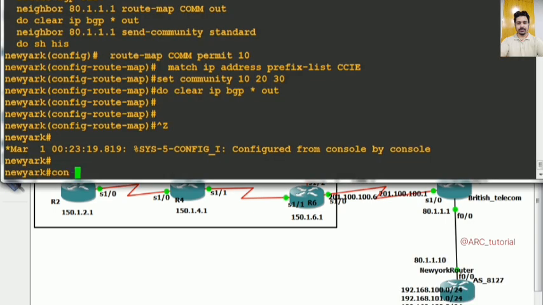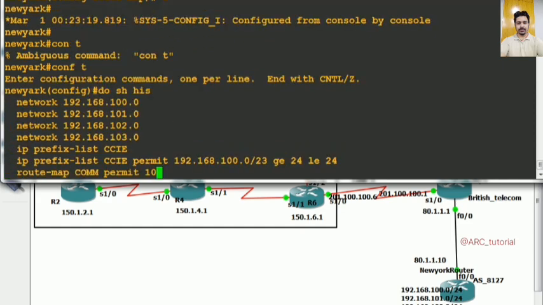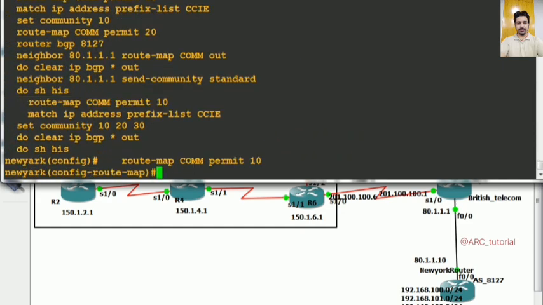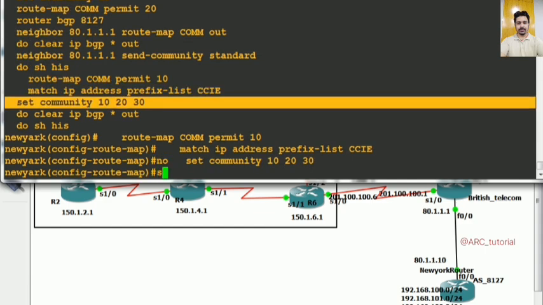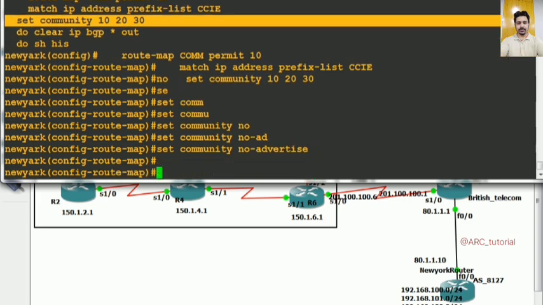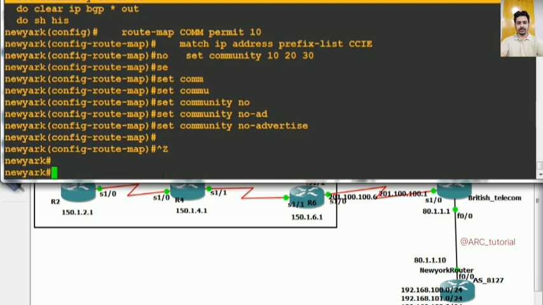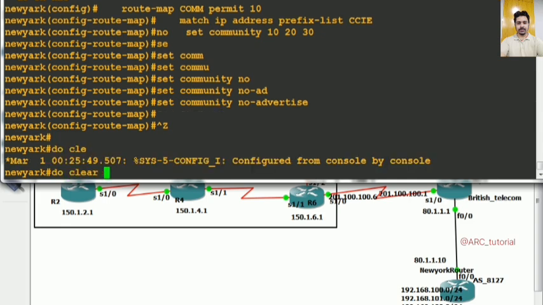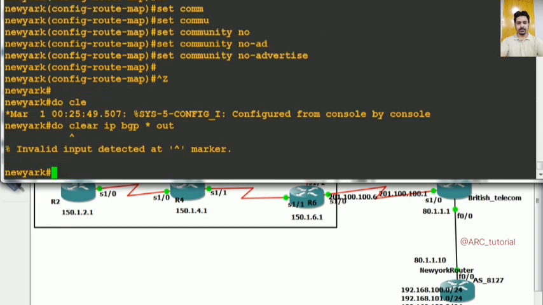On the New York router itself, I configure some communities. You see the route map, this match. Just remove this command from here and then say set community no-advertise. So if you advertise any prefix with community no-advertise, and any router receives any prefix with community no-advertise, then that router will never be able to advertise those prefixes towards any other neighbor. This time, because we configured this community only for the first two prefixes, 100 and 101 only, let me show you. Do clear IP BGP star out, sorry,